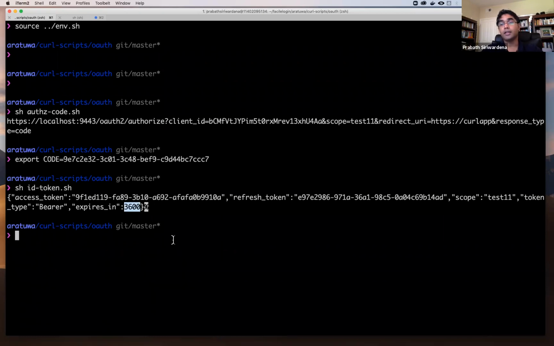So there are a couple of approaches for the client application to find out whether the token is expired or not. The first approach is, before the client application uses the access token, it can check the time to see whether the access token is expired or not. So this expires in time is just a guideline. The other approach is you can simply ignore what's in the expires value and talk to the resource server, and if it sends a response back saying it's expired,